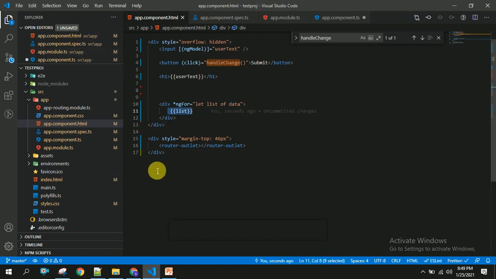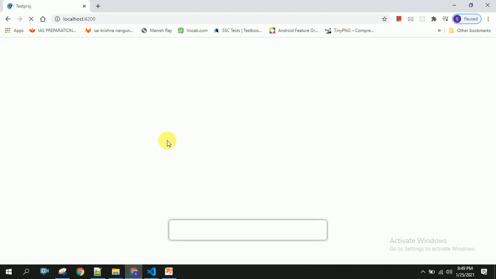Let us see in the browser whether it's working or not. You can see in the browser we have got all the data, whatever we have iterated from our data.